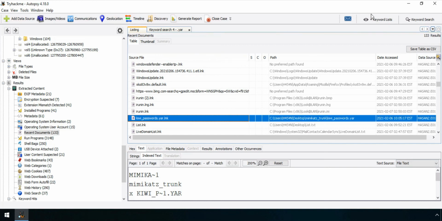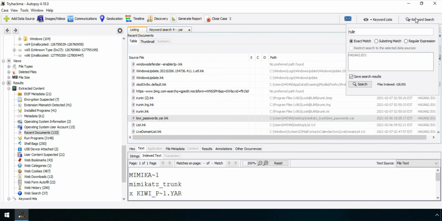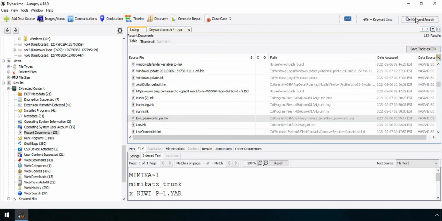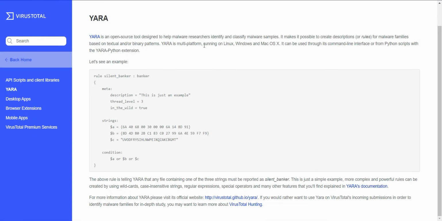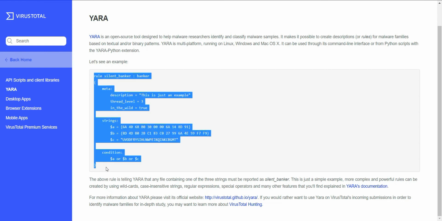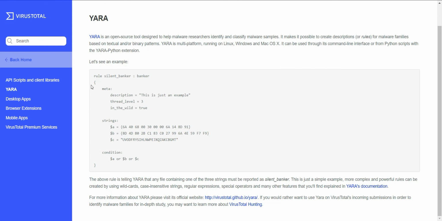So we just try another keyword search, so that we can find out whether we can get into the contents of this file or not. For doing this, I will use another smart trick, noticing with an example what the Yara file means.